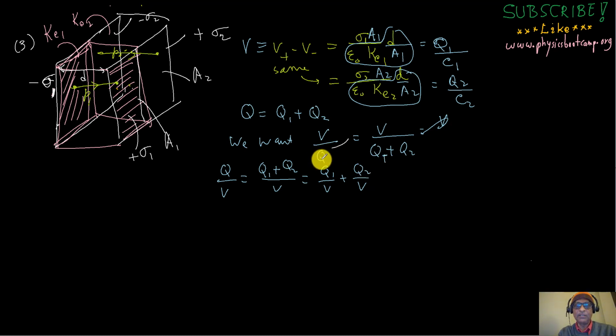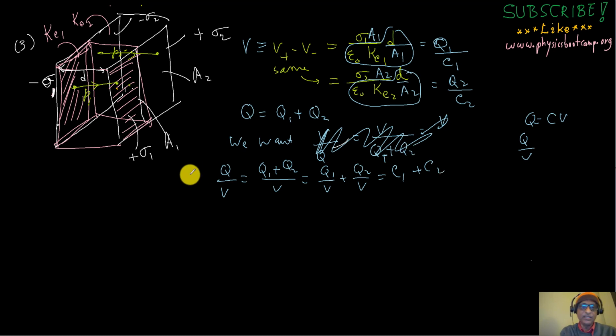We really want Q equal to CV, so we want Q over V, and we don't want this. So we get this, and Q1 over V from here gives me C1 and C2. So this is the C that I want for the total charge on the two plates. So this simply turns out to be